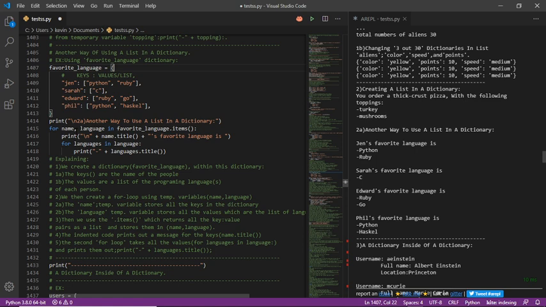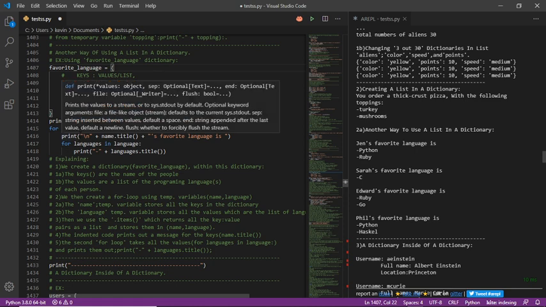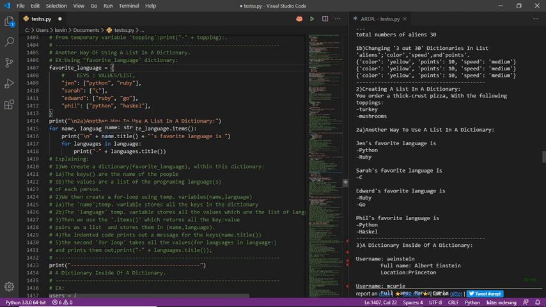So here we got the for loop, and this is just simply stating where we want to get those from. And then the indented pieces of code are going to tell Python to print the name, all the values that are in the name, with the dot title method, and it's going to tell you what their favorite programming language is. So, for instance, Jen's favorite